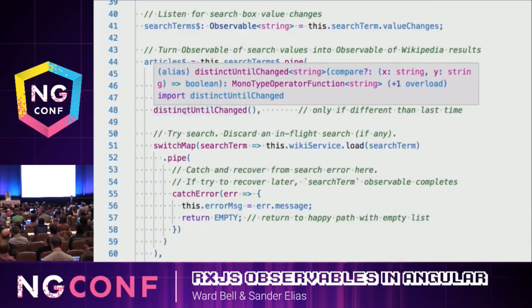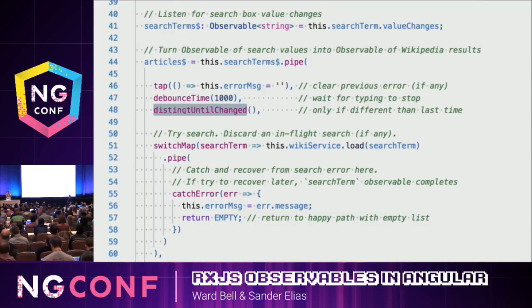So anyway, after 1 second, then we said, remember when I can't remember how to spell Angular. Does it have an R? Does it not have an R? I went back and forth like that, and I ended up on exactly the same search term I started on. All right? Distinct until changed says, hey, buddy, I looked at the previous value. I'm looking at the current value. You didn't really do anything. I'm not sending that through. So only if a second goes by and I've actually changed something do we get to the dreaded